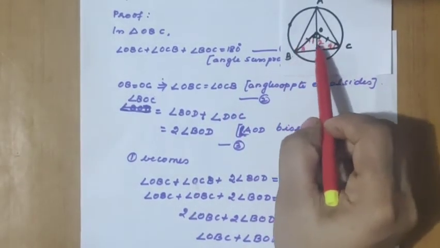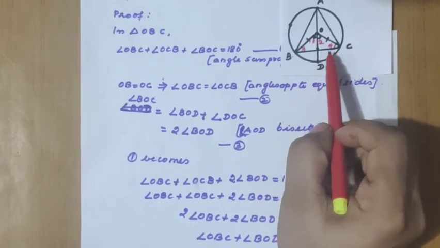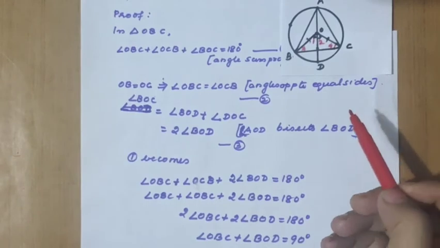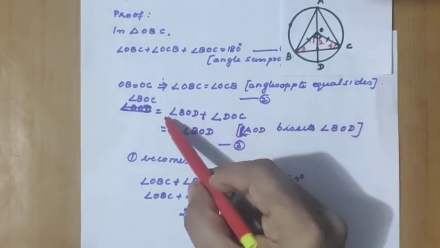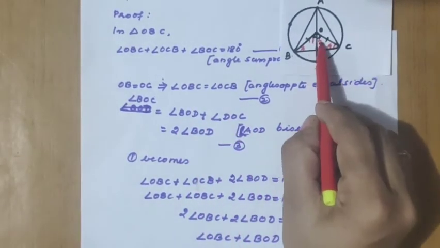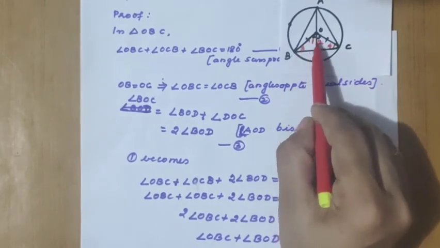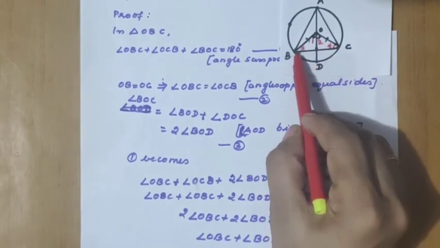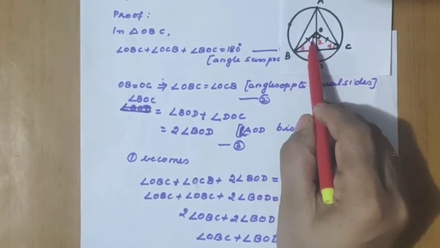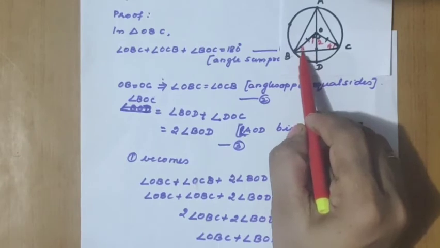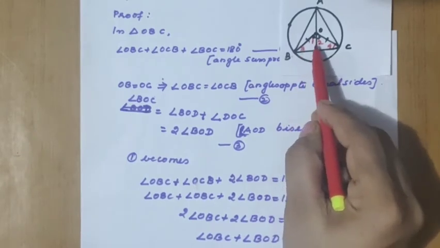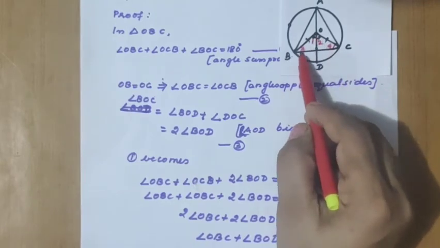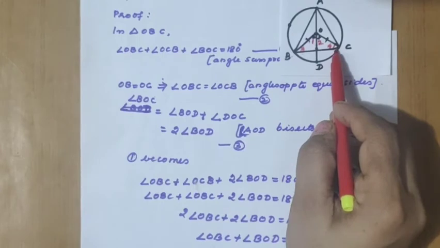Now OB and OC are equal. We already told that 3 and 4 are equal, which is that angle OBC equal to OCB, angle opposite to equal side. Now if we consider angle BOC, it is the sum of 1 and 2 only, which is that angle BOD plus COD. Both are equal to each other, so we can write 2 times of BOD, because our purpose is that 1 and 3 equal to 90 degrees we have to bring. So the first step, angle sum property, angle O plus angle B plus angle C is equal to 180 degrees. What is the second step?